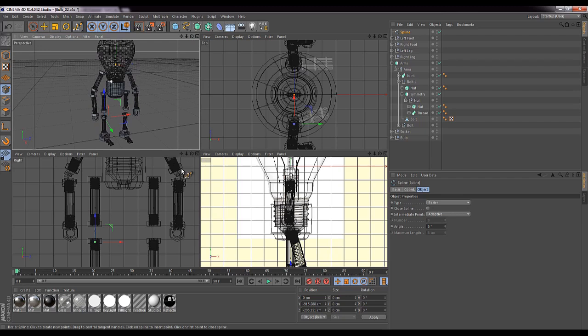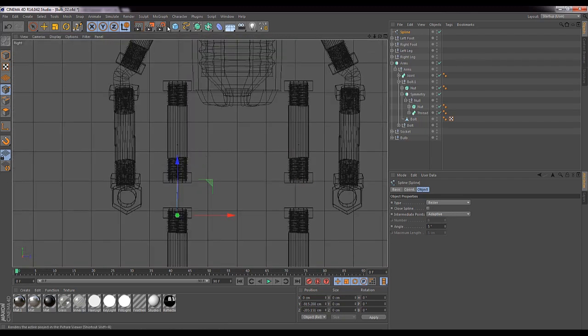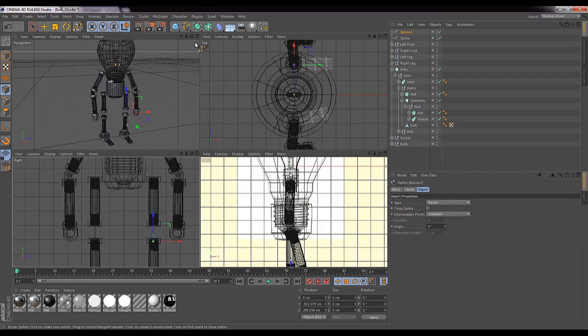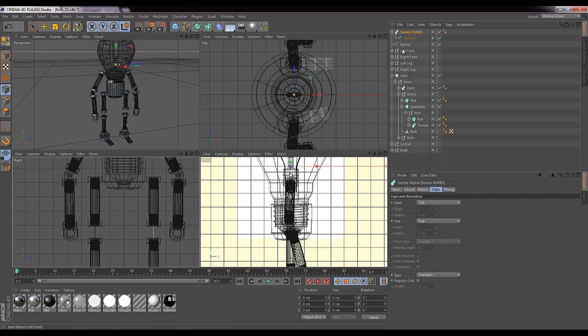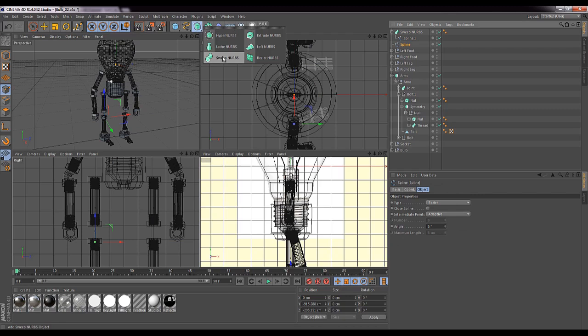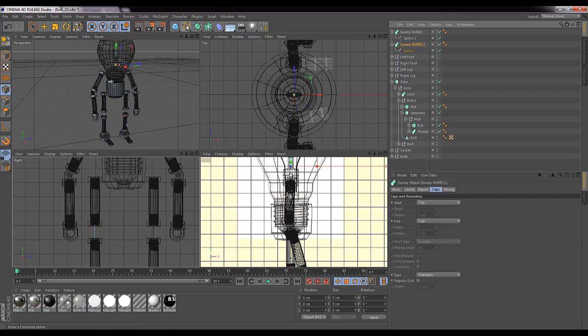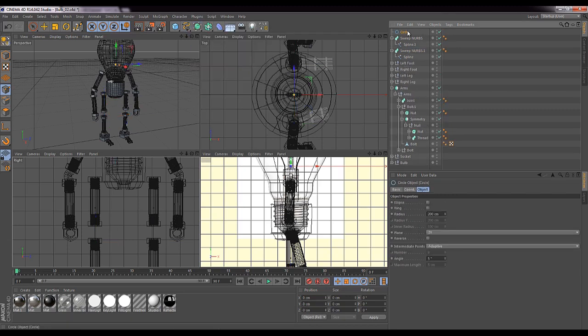Check that out. So we might as well do the other one while we're here. So create a new Bezier. Boom, boom, boom. Cool, that's done that one in the right place as well. So same old thing, Sweepnurbs, create a circle, dump it in,